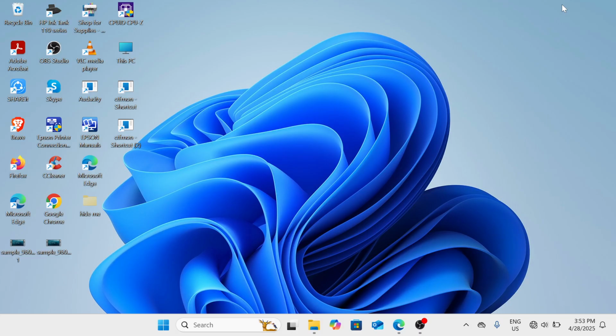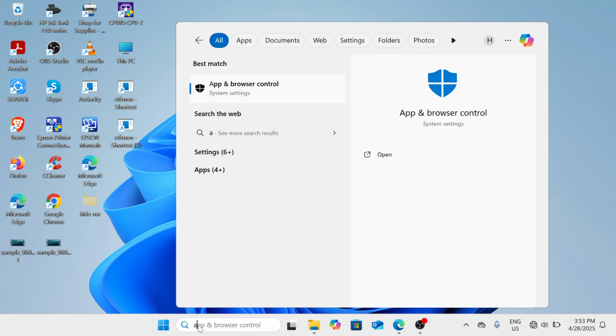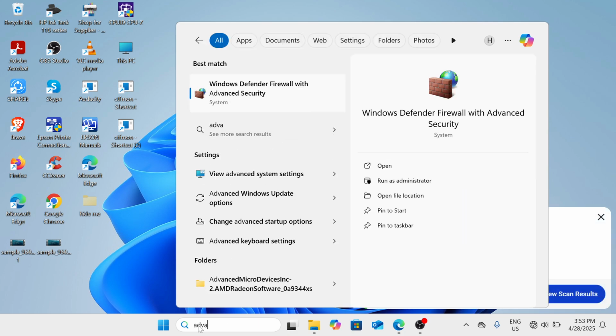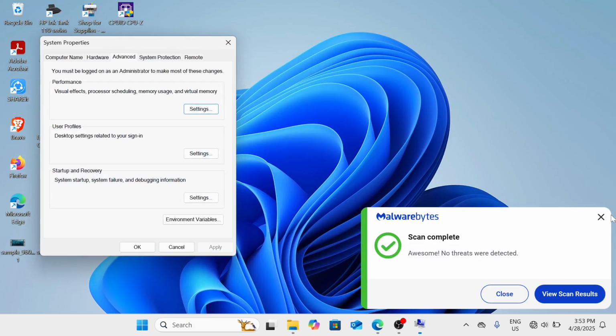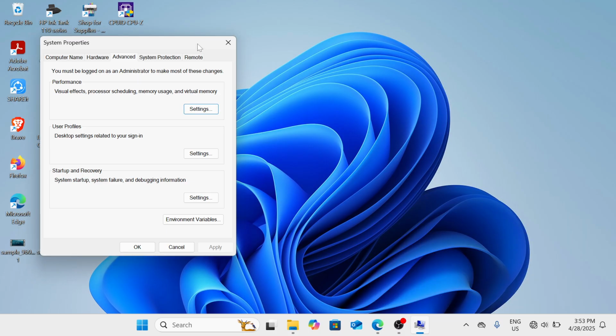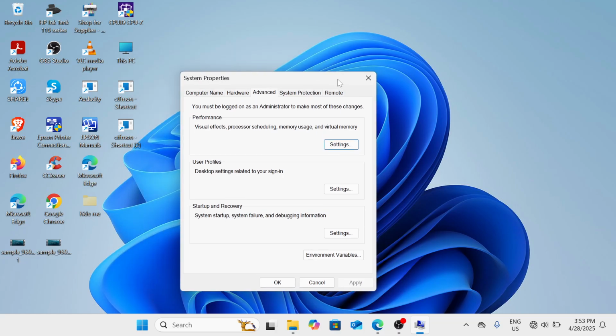Please go to your Windows search bar and search for advanced system settings. Then you will see the option View advanced system settings. Please click on that, and the System Properties window will come up. All you need to do is go to the